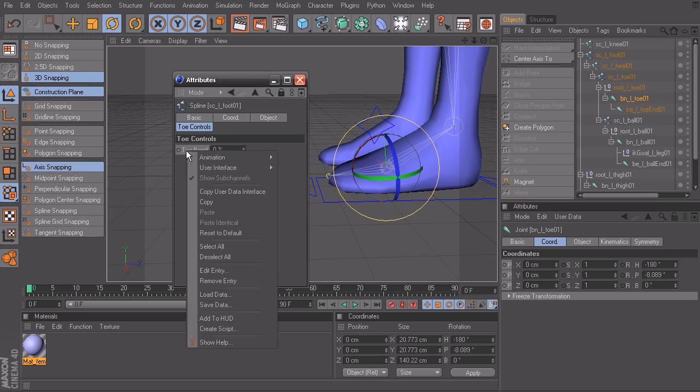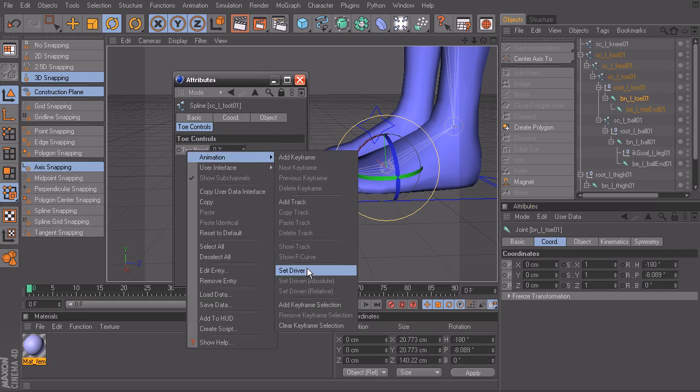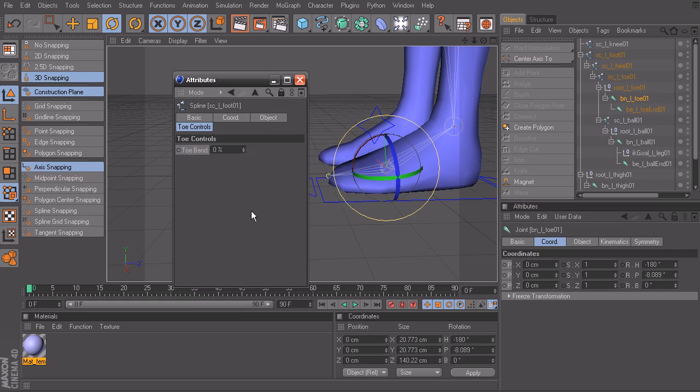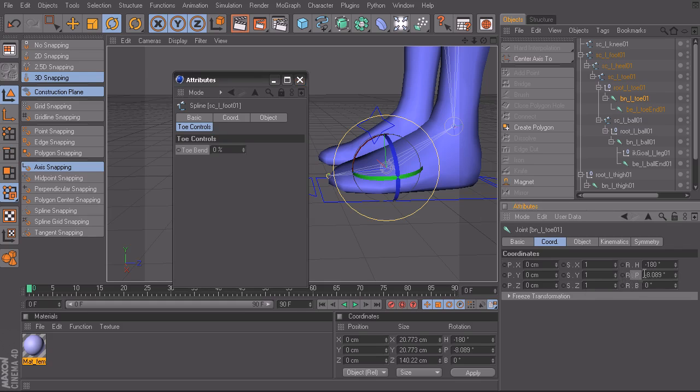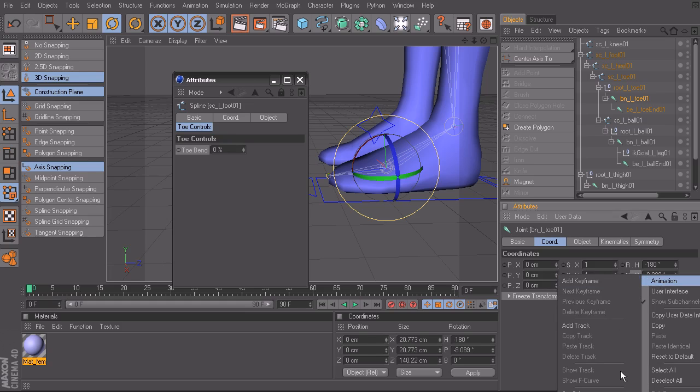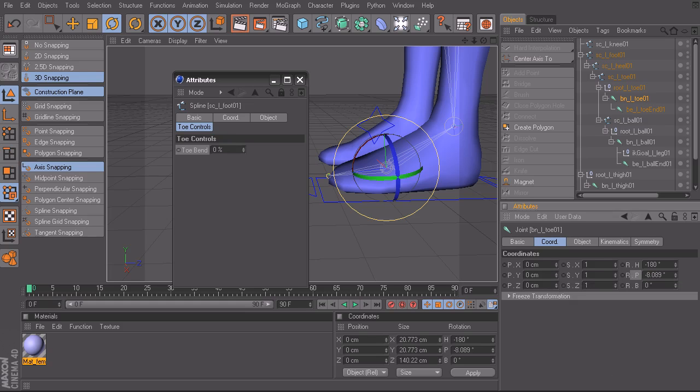With it selected, right-click, choose animation, and choose set driver. The driven is going to be the toe joint's pitch axis. So with that now selected, only the pitch axis, we'll right-click, choose animation, and choose set driven relative. This is just a way of